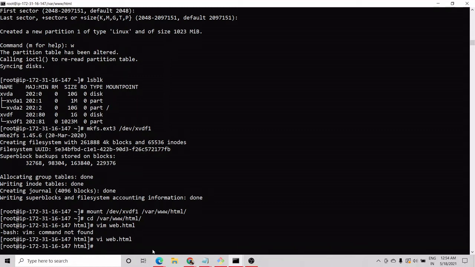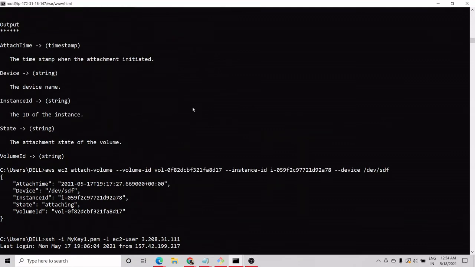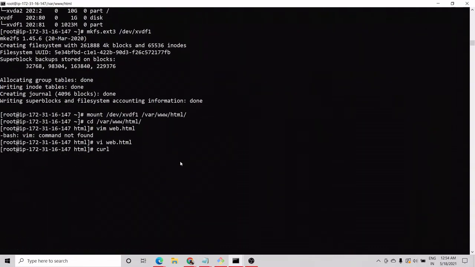Now we will just check whether it is working or not. So curl, and what was our IP? Sorry, we need to check our public IP. This is our public IP. So curl http public IP.